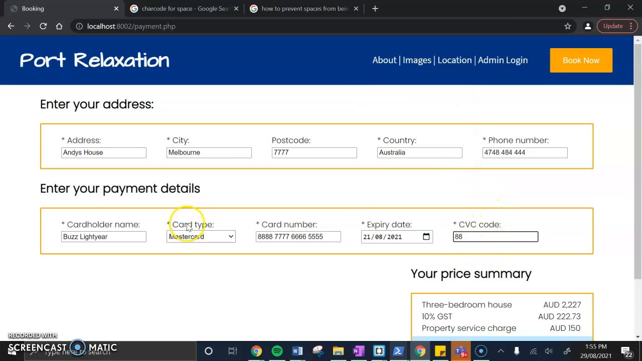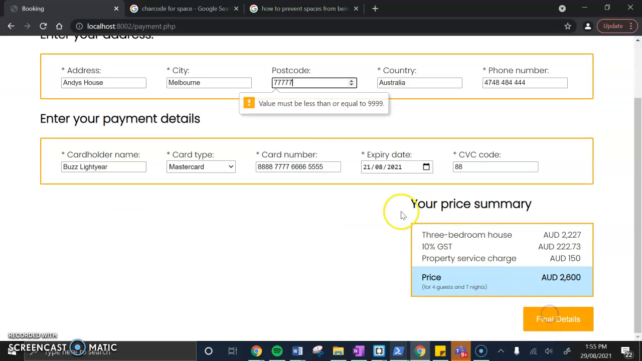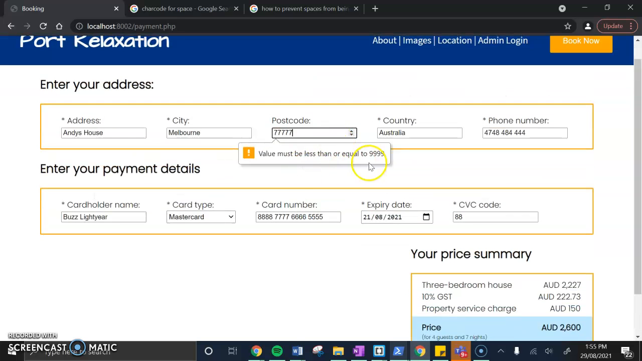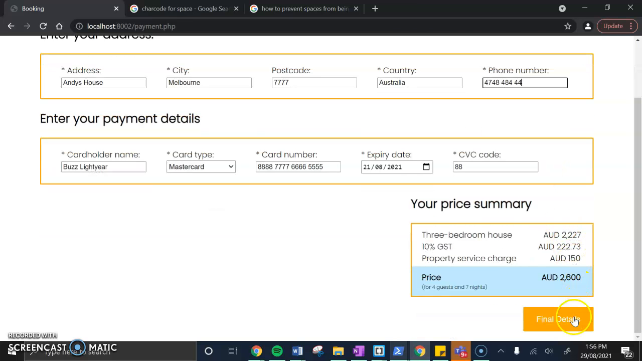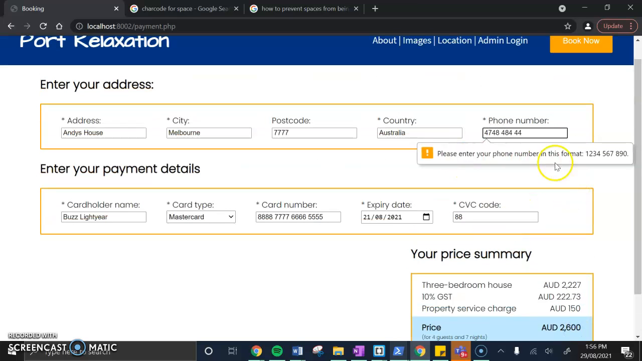okay, so first I will show, so the postcode has to be 4 digits. If I put 5 digits, yeah, so it has to be less than or equal to 9,999, so 4 digits, so I'll just put that in. This phone number has to follow a certain format. Please enter your phone number in this format, so 4 digits, then space, then 3 digits, then space, then 3